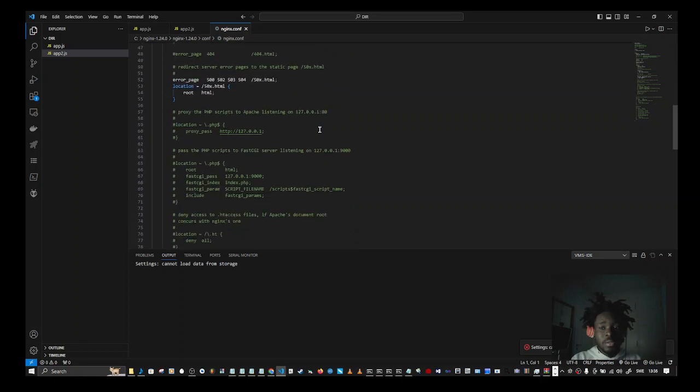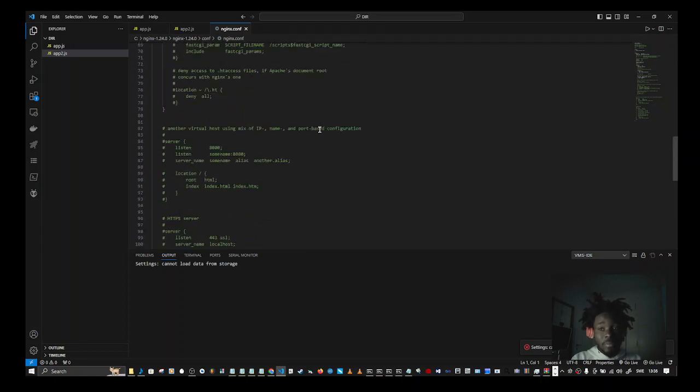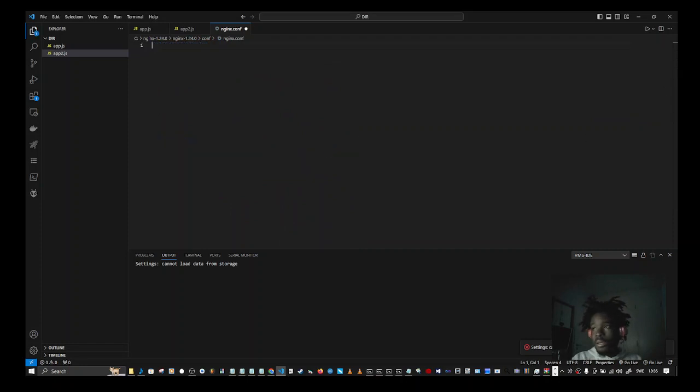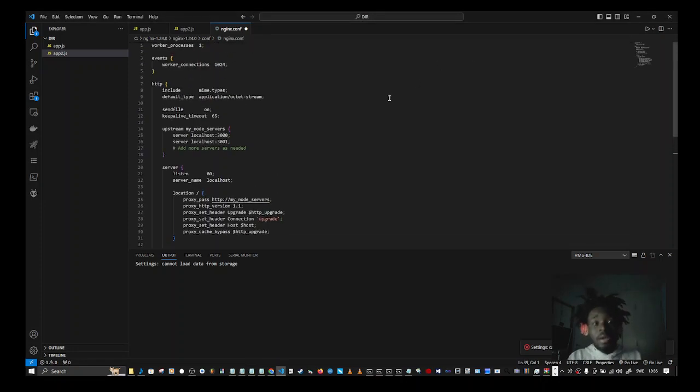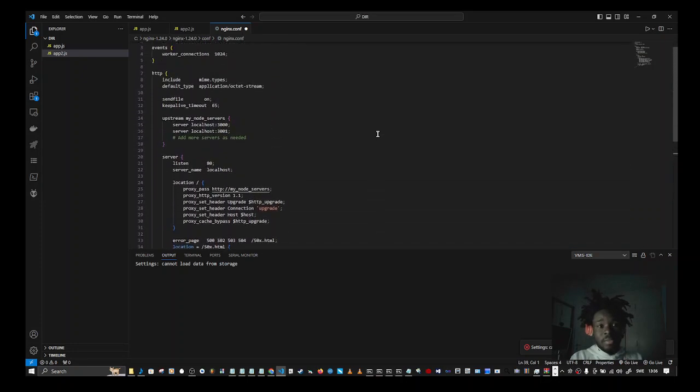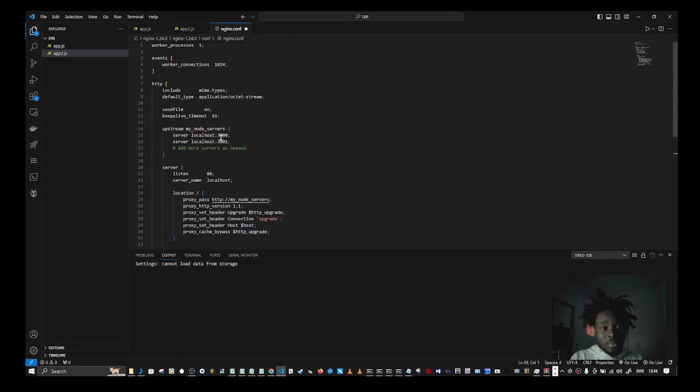So this is what it looks like out of the box, and you're just gonna want to delete that and copy paste this, because this is configured specifically for our two servers,